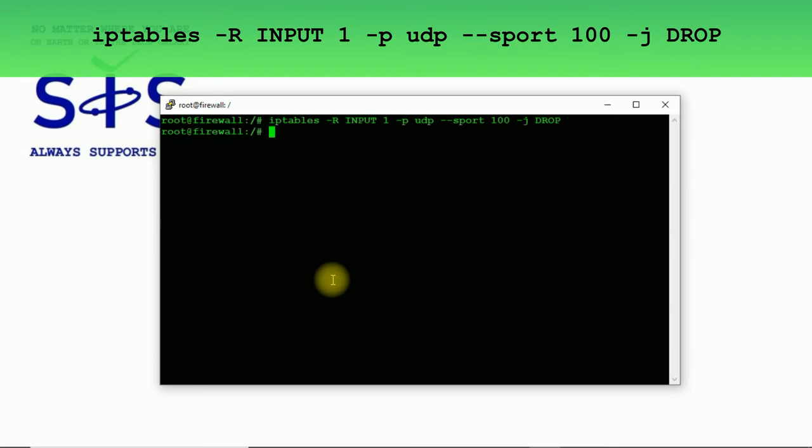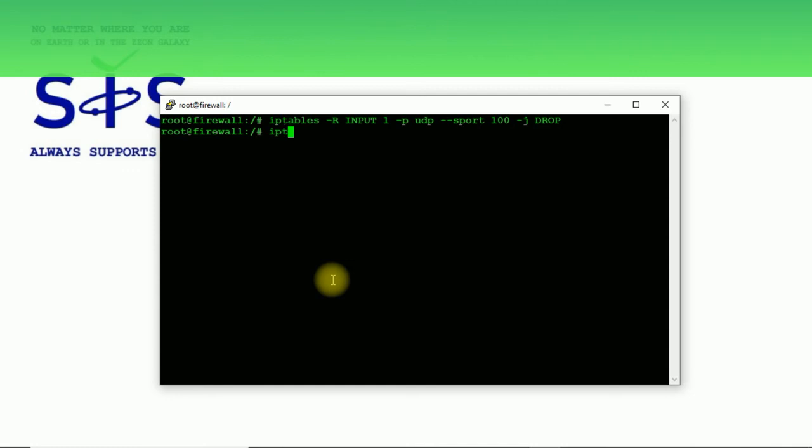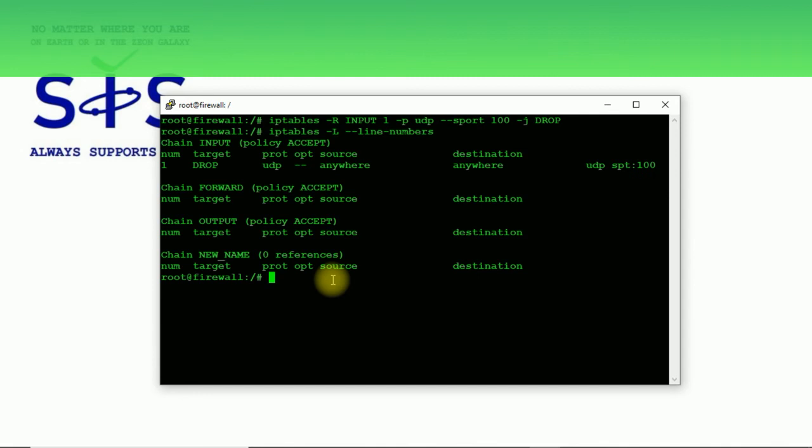Now after hitting enter and after checking what's happened in our input chain, we're going to see that on the first rule now we've got a drop rule with source port 100.